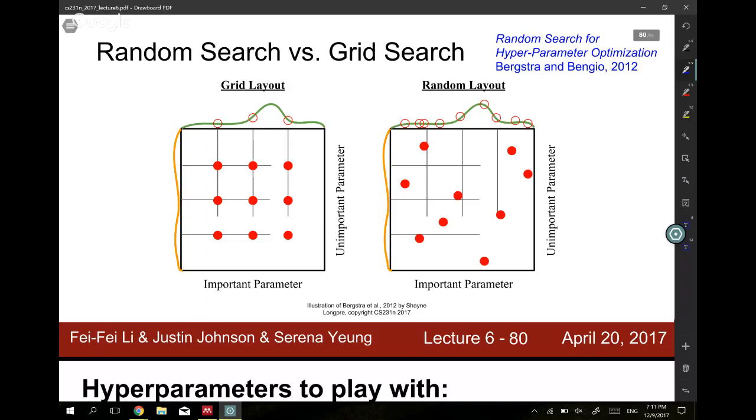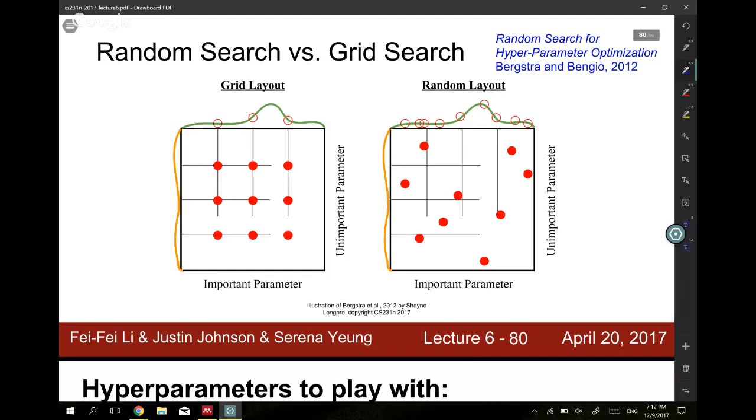So you're picking well-defined combinations. In random search, you basically pick each parameter randomly along each parameter's possible range, and the recommendation is to prefer random search, because